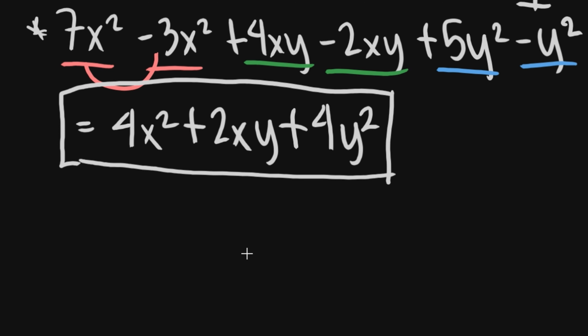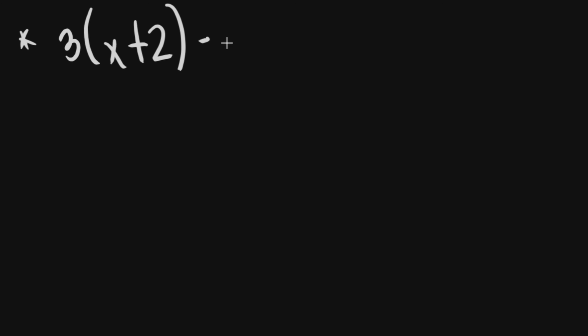On to the next problem. So our next problem would be 3 times (x plus 2) minus 4 times (x minus 1). First thing that you would do, since it's a new thing that you'd encounter, is that you just